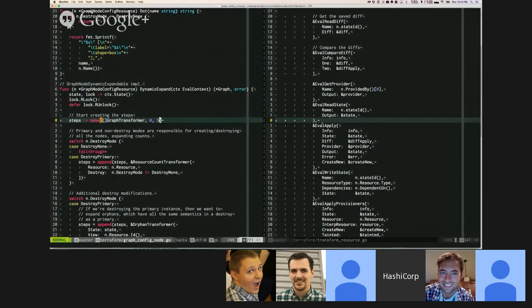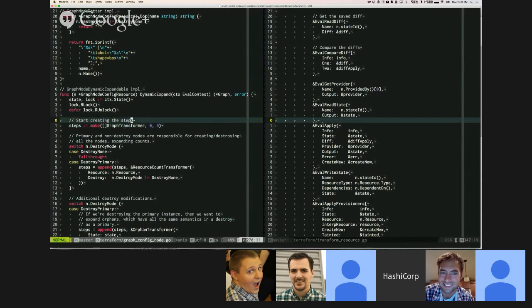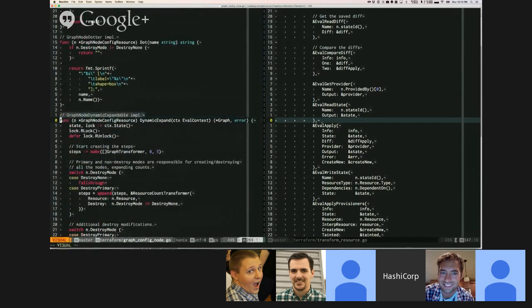And that transform would first go through and ignore the ones that are already done. And then it would go through again and find the ones that aren't done, and then only take 10%. And then for the other 90%, replace it with a no-op graph node. So that way, when the eval tree happens, it just naturally doesn't apply those nodes. There's a concept of dynamic expansion right now, but not dynamic transformation, right? Well, in this case it's one and the same, because the config resource represents